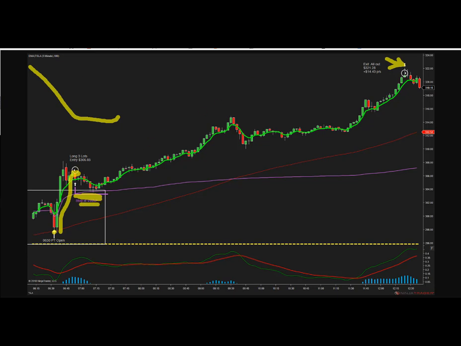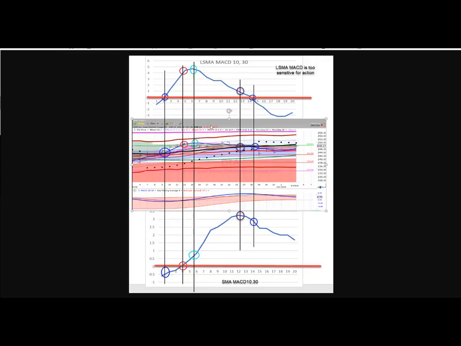The last one I wanted to show was, I've been doing some work on the, let's see, erase drawings. So I'm doing some work in Excel, comparing the simple moving average and the least squares moving average down in the MACD histogram. So what I'm really looking at was